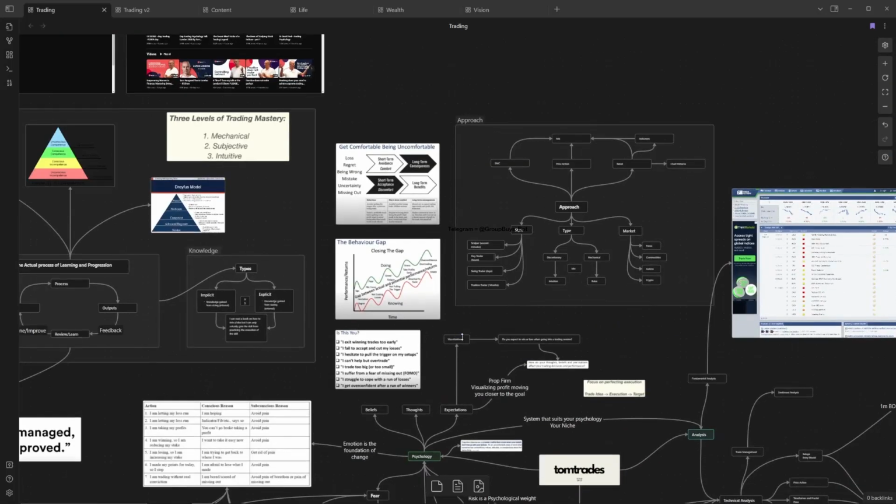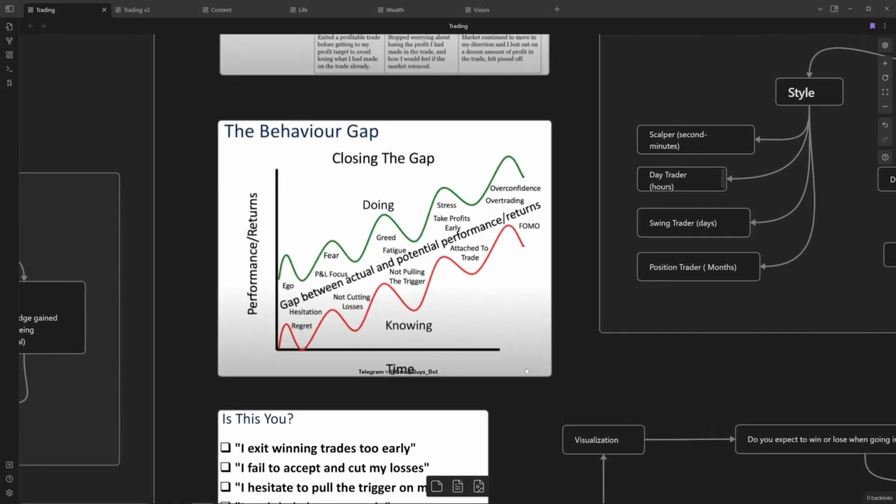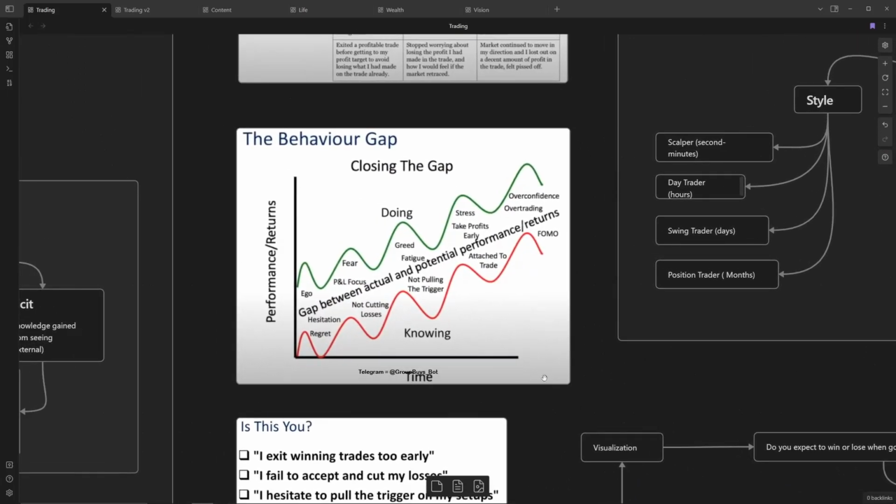So a plan is just to point you in the right direction, to kind of know what you need to do. A journal is to track the execution, track how you're executing on that plan, and also track how that plan's going in certain conditions, certain types of trades. If you do that for a certain amount of time, you'll know what you need to do. Then it'll be all about closing that gap between knowing and doing.